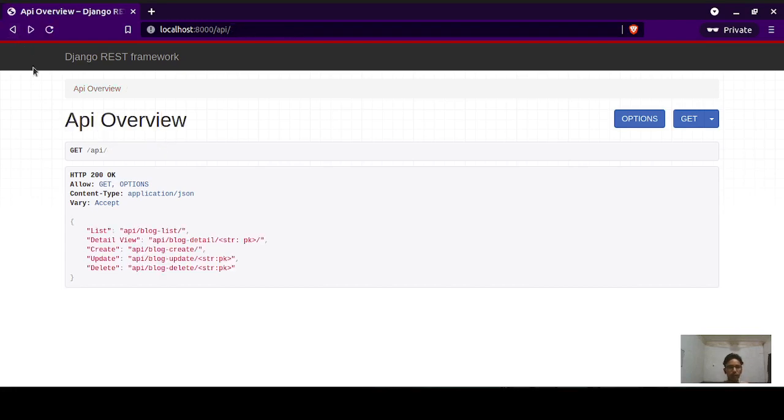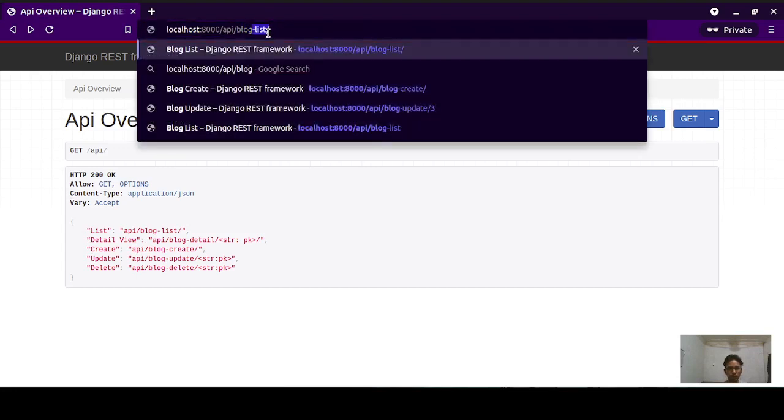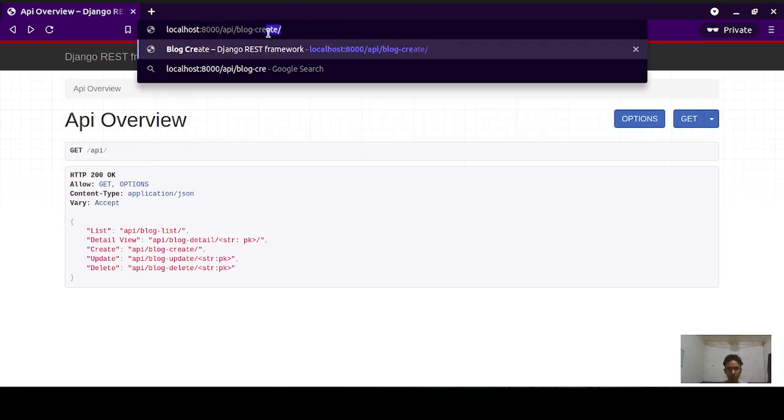Okay, cool. So now we will be trying to see how you can create your actual blog, right? So if you try to navigate to this URL, blog create,